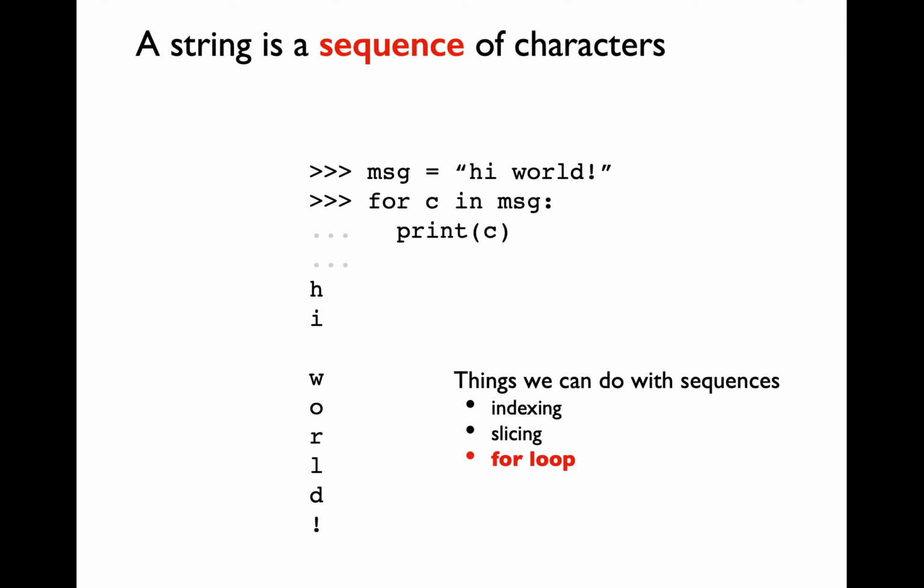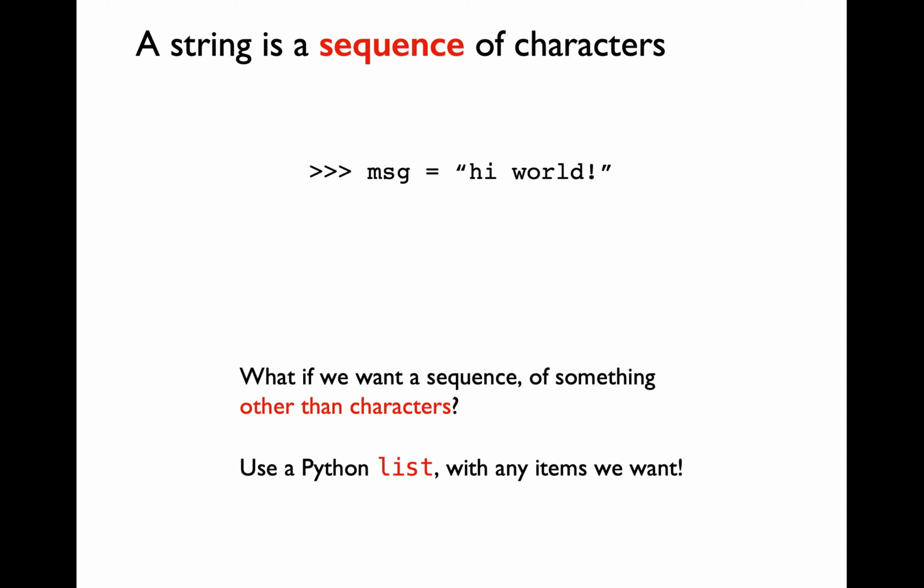What does for loop enable us to do? For loop enables us to step through every item within your sequence. That's going to be every character within the string sequence over here. Your for loop syntax is going to be for some variable in some other variable colon. The first variable is going to be a brand new variable into which you want to assign every individual item from your sequence, and the second variable is going to be the variable name which is storing your sequence. That's going to be MSG in this particular example. What if we want to store other things within a sequence than just characters?